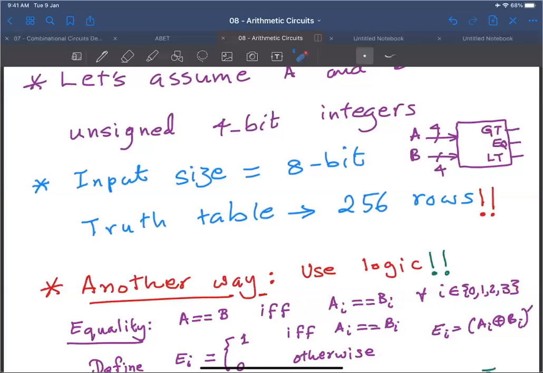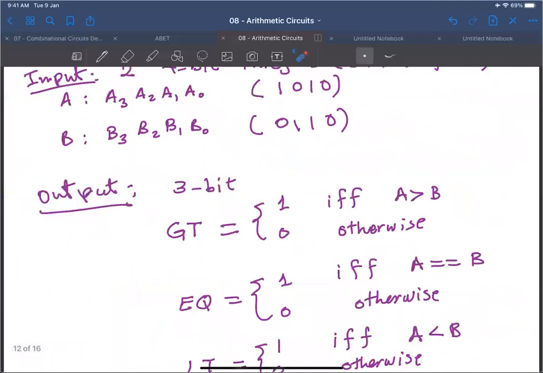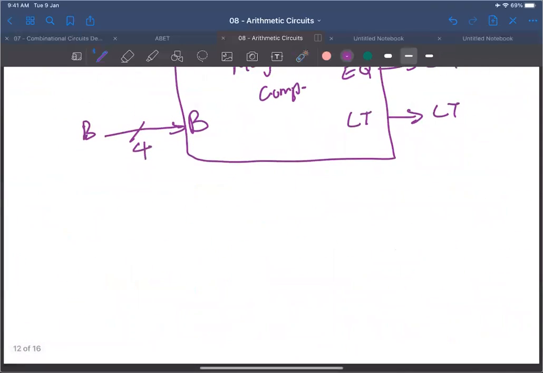What is the operation that tests for equality of bits? XNOR. XNOR, excellent. So if we say AI equals BI, then we can replace this with an XNOR gate, so that it XNORs AI with BI. So let me just do this here. Okay, so we can say that equal is going to be,